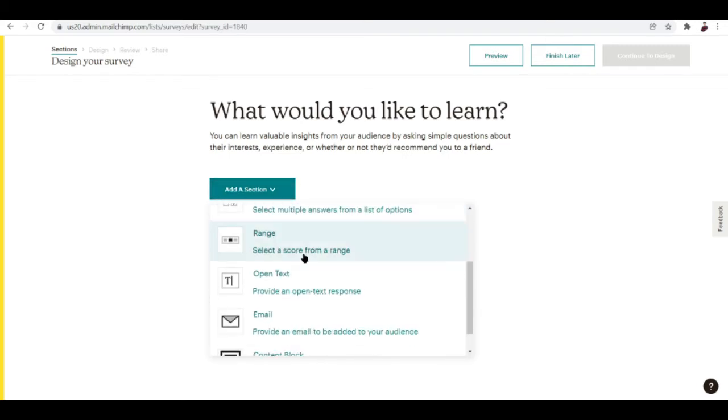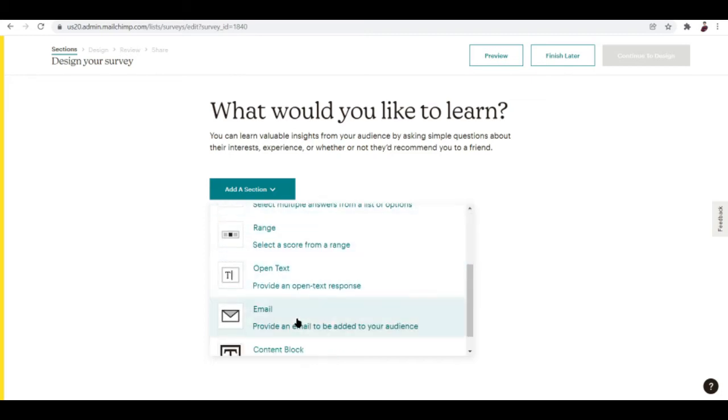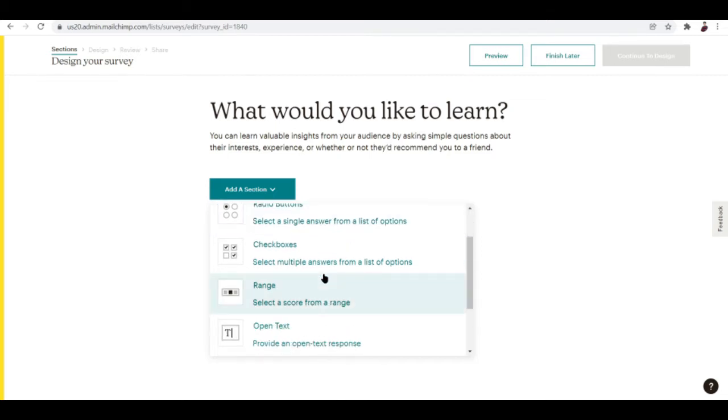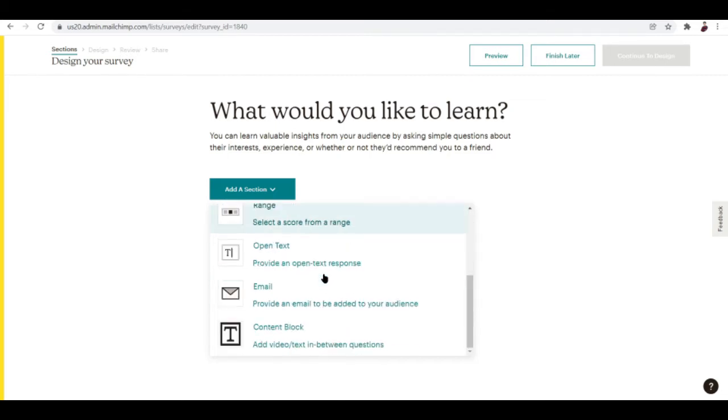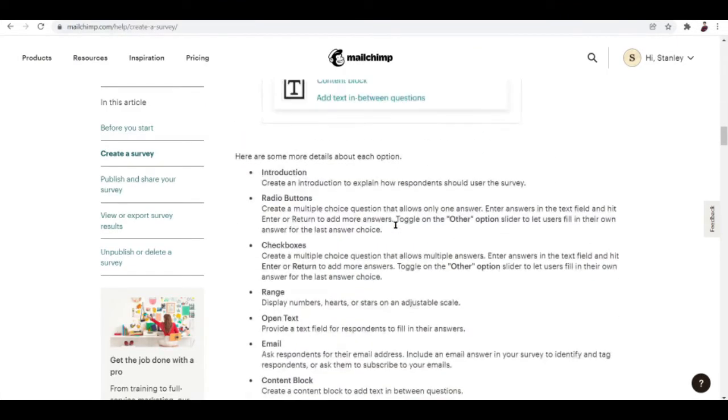All right. Now, add a section right here. These are the ways that your customers or contacts can answer the survey. And all of these functions are for different purposes. Like, for example, the radio buttons are used during these situations when you want to conduct a survey. Checkboxes are for during this time. Range are for during this time. Now, let's talk about those types of